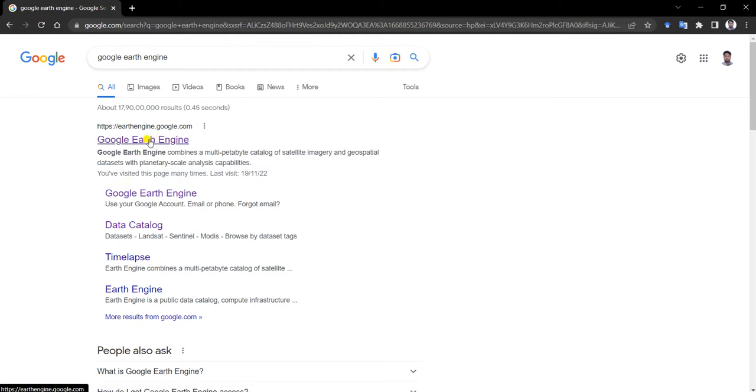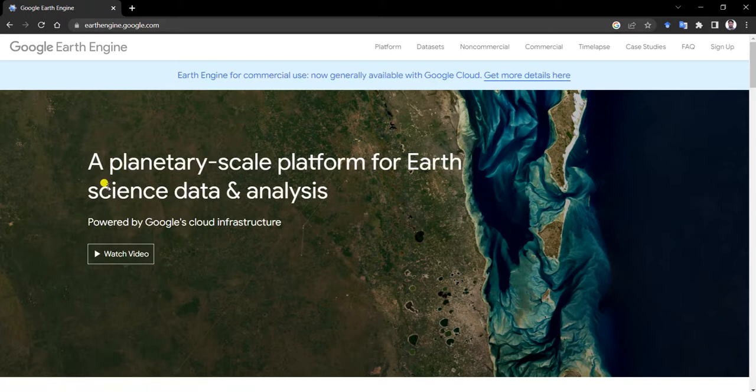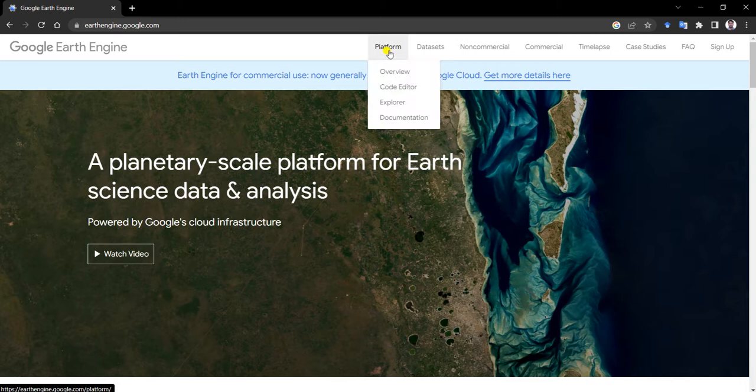So let us go to the Google Earth Engine website, and this platform contains a large number of data. For example, Landsat or Sentinel optical data, Sentinel-1 microwave data, various climate data. A large number of datasets are available on this platform. Basically we'll be exploring this code editor. From the platform you can go to this code editor,